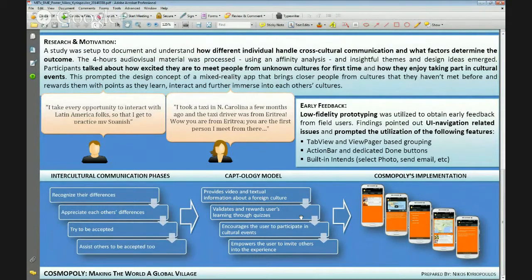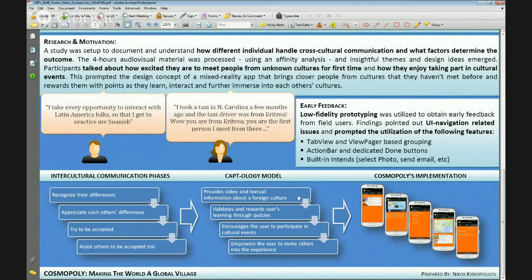and technology-oriented approach. And here you can see, for example, you typically start engaging with a different culture by identifying what is different from your culture, and then you start appreciating those differences, and eventually you accept them, and eventually you invite others to join. This model has been implemented here using the persuasive technology approach, where the idea is